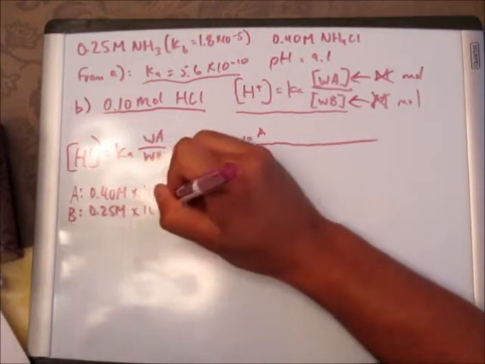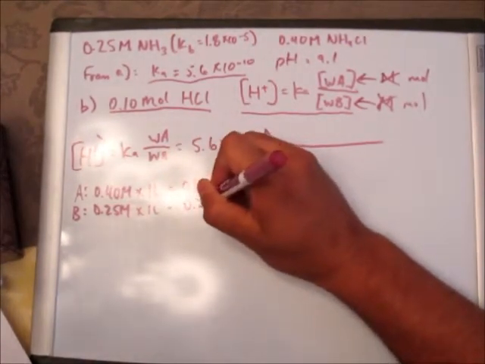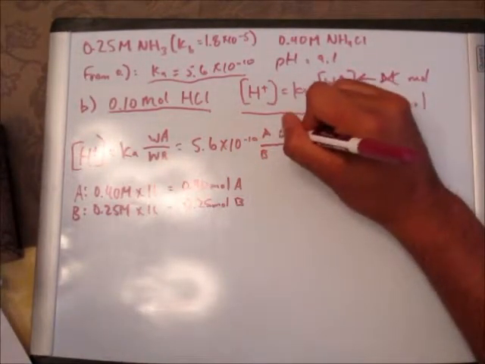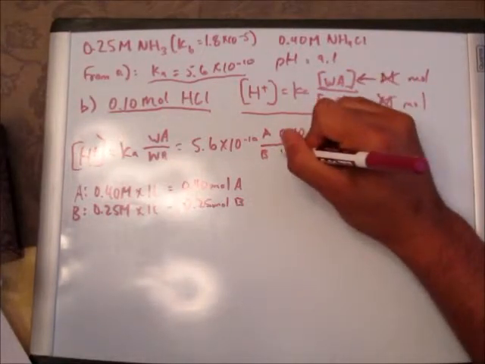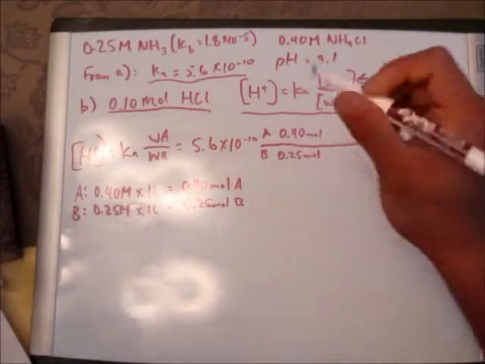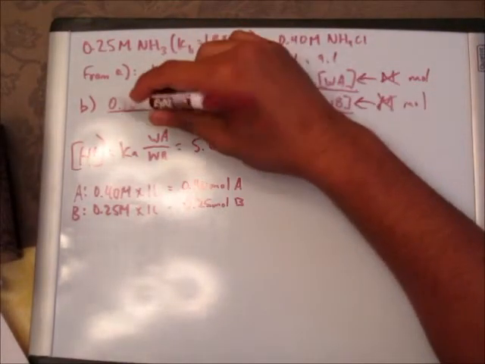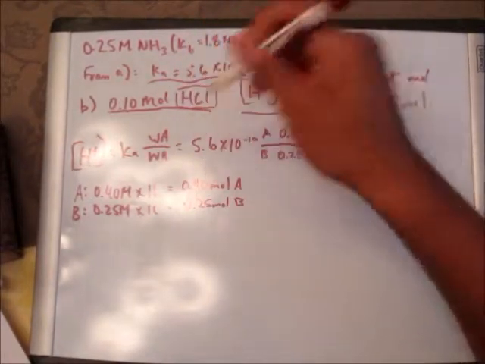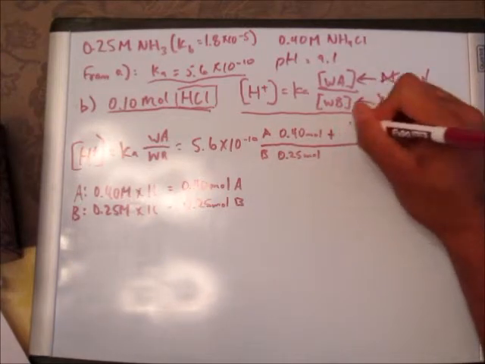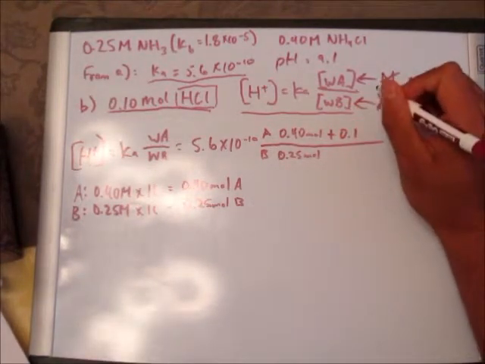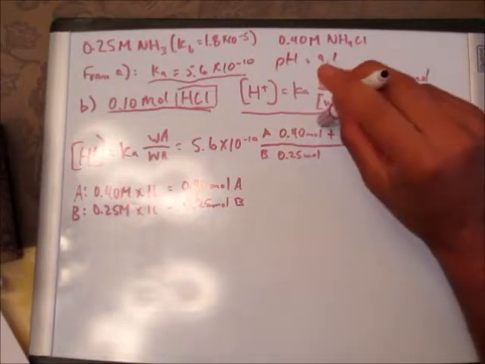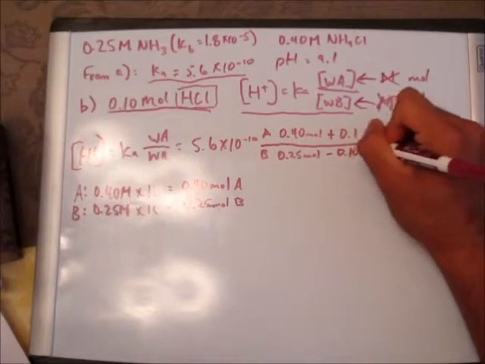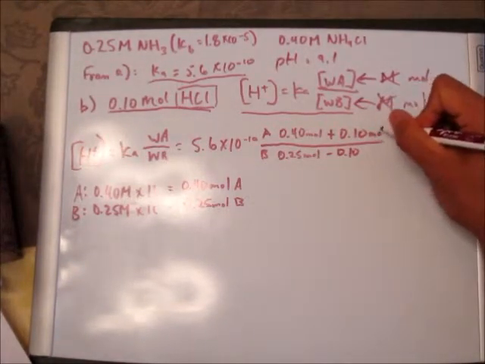Now we add those into the equation. We have 0.40 moles of acid over 0.25 moles of base. Now you're adding 0.1 moles of HCl. HCl is an acid, therefore we're increasing the amount of acid present. So we add 0.10 to the top of the equation, the acid portion. Now what we do to the acid, we must do the opposite to the base. Since we're adding 0.1 moles of acid, we must take away 0.1 moles from the base. This is very important to reciprocate because the acid and base make salt. And once we plug it into the calculator,